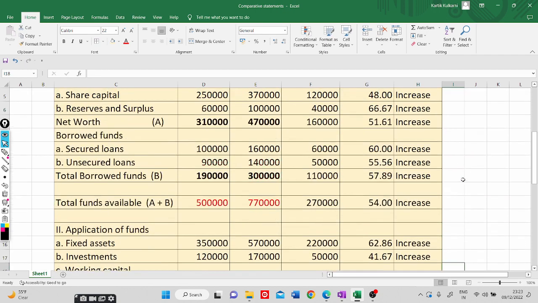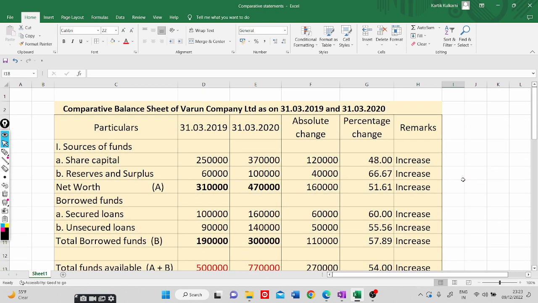In this way we have to prepare a statement. So one important thing is that we have to express the balance sheet from horizontal format given in the question to vertical format and compare the figures given for 2 consecutive years,